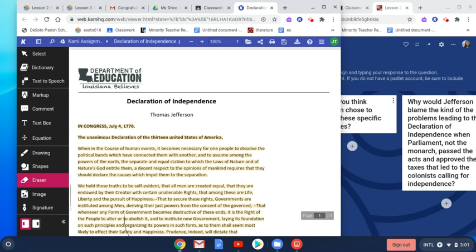As always, if you need any assistance, please leave me a private comment and I'll be sure to get back to you, as I will be on my computer checking frequently to make sure you are on task and actually understanding. I'm going to be looking at your responses, and I'll probably be responding back to some of your responses in Padlet. So just make sure that you get those in